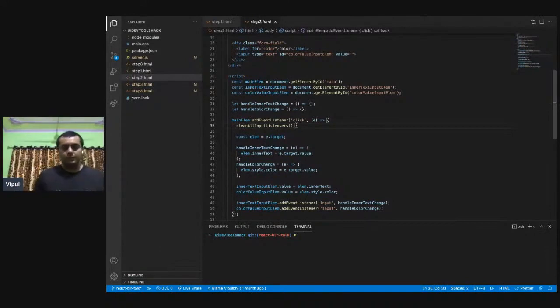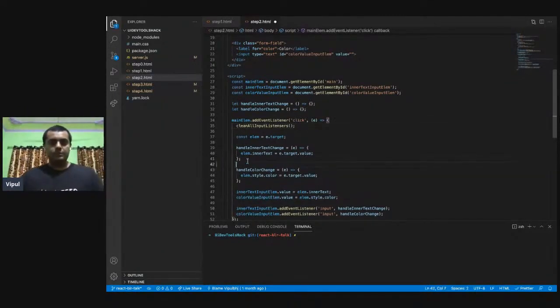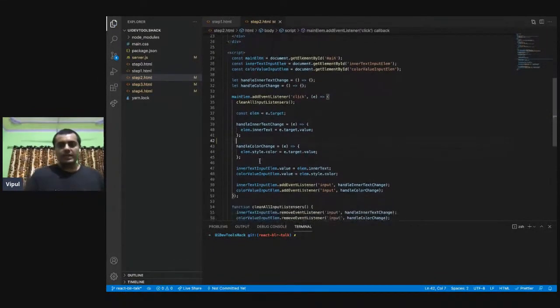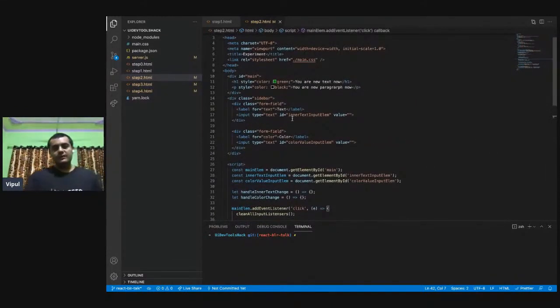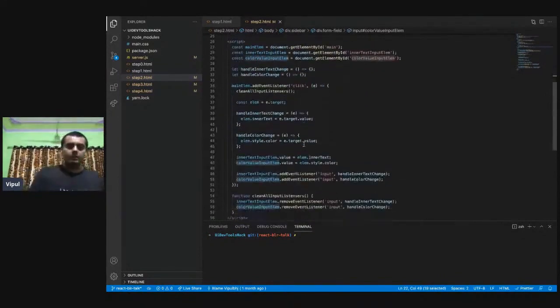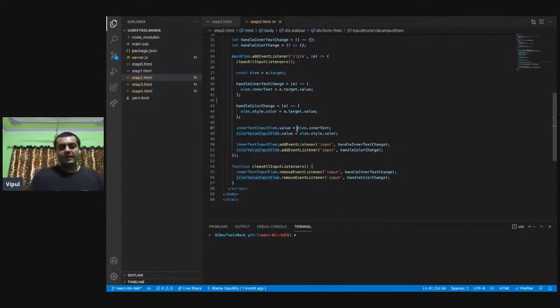Then we create two functions. One is for the color change listener and the other one is for the inner text change listener. All right, and yeah, the cat's out of the box, it's changing the inner text. So that's it, right? We write those two listeners. And then we have IDs for these inputs as well. So ID here and ID here. All right, and then we tell them the values are the values that are currently on the object and on the element, and we assign the values there. And then we add these click listeners.